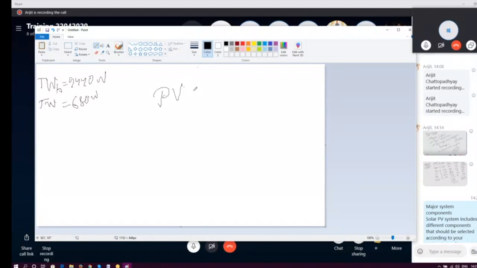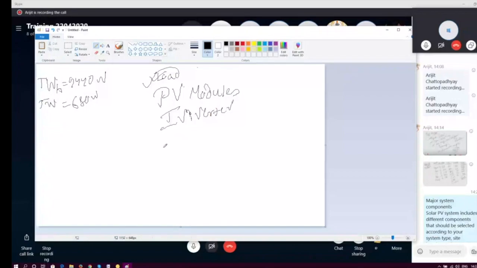So the components, again I'm mentioning on the screen. One would be our PV module. How many PV modules do we require? First, the load analysis that we already did. Next is the PV modules. After that, we need to size the inverter. Third, we need to do the calculations for batteries. And lastly, we need to do the calculation of the charge controller.